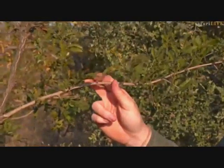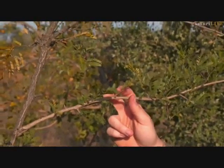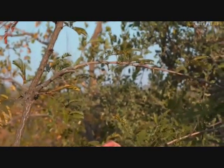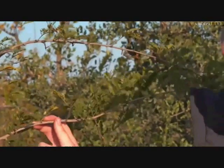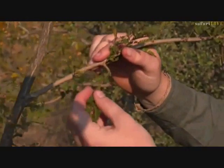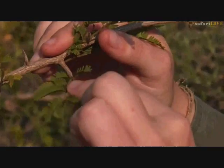And the reason why I came to the sickle bush is because earlier we were talking about how trees try and protect themselves. And here's a perfect example of a tree that has spines. So it doesn't have a thorn. A thorn is a modified leaf, whereas a spine is a modified stem or a branch. So you can see something like this happening over here. You can clearly see